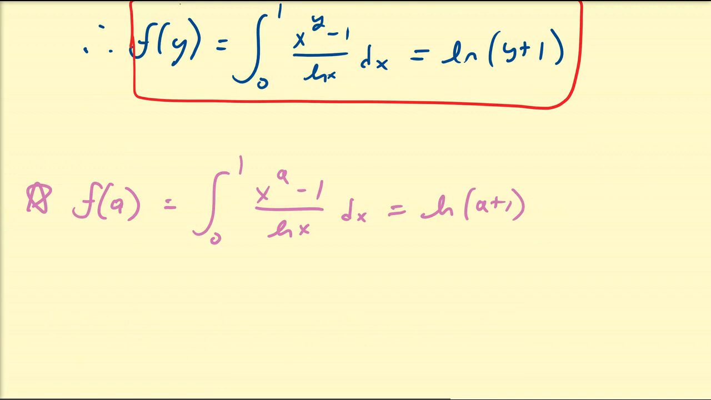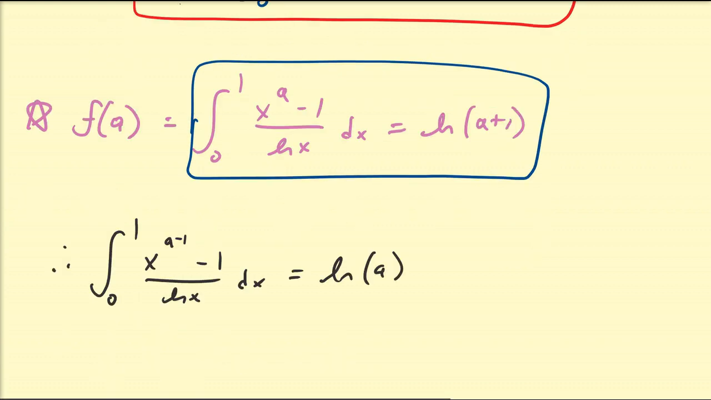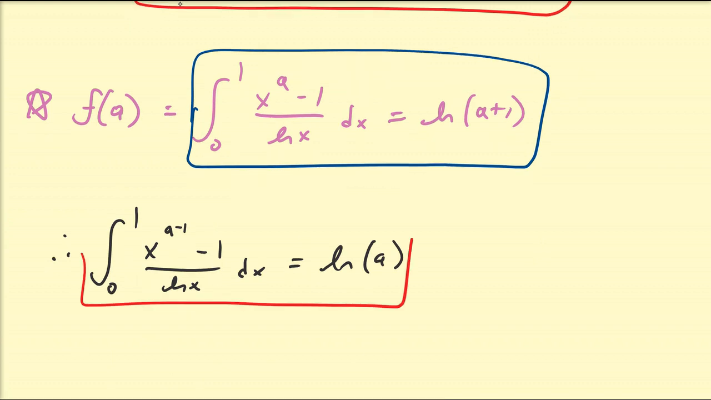So if that is the case, then we can also come up with another identity, namely the integral from 0 to 1 of x to the a minus 1 over the natural log of x dx is just equal to the natural log of a plus 1. And that gives a very nice identity for an integral that would otherwise be not easily obtained. So pretty much how we obtained this integral was via a method called Feynman's method, which is just a direct application of